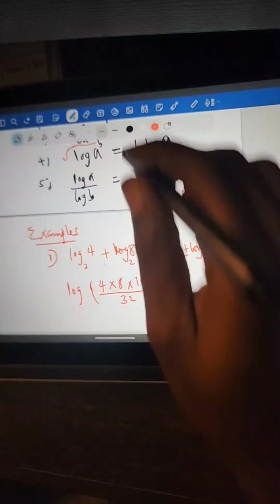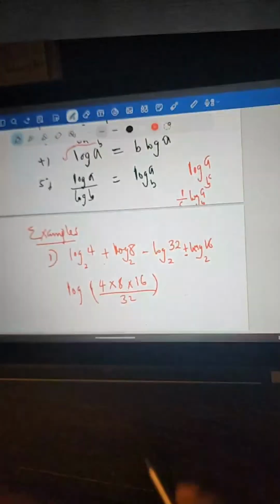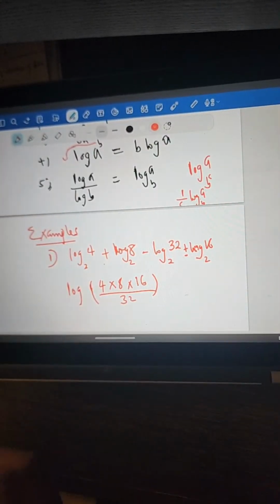Now we can break this down. You can easily break this down. And by breaking this down, we have